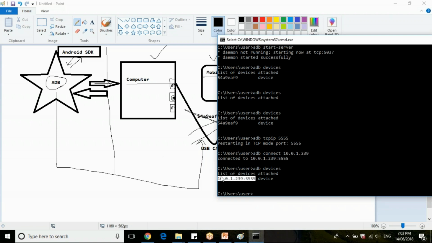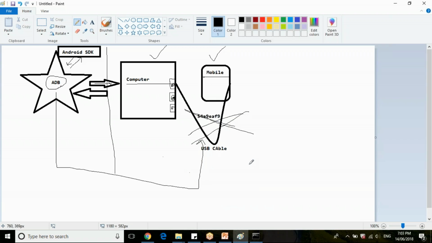Now I have removed my mobile's USB cable, so we can perform all the ADB operations that you do with a USB cable. Yes. I will tell you why adb connect, disconnect, and tcpip ports are used.